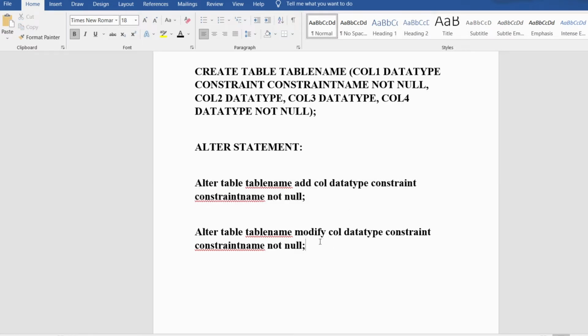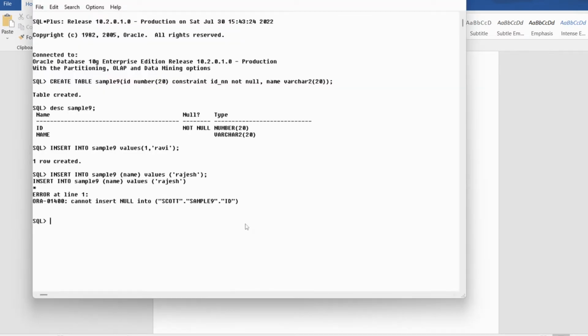For the second alter statement, for the existing column, you are making a not null constraint to it. All these things practically we will discuss in Oracle SQL Plus. For the existing table called sample9, I will add some column and I will make it as not null. So alter table name as sample9, then I will write add column name is date of birth, data type is date, and then I will write